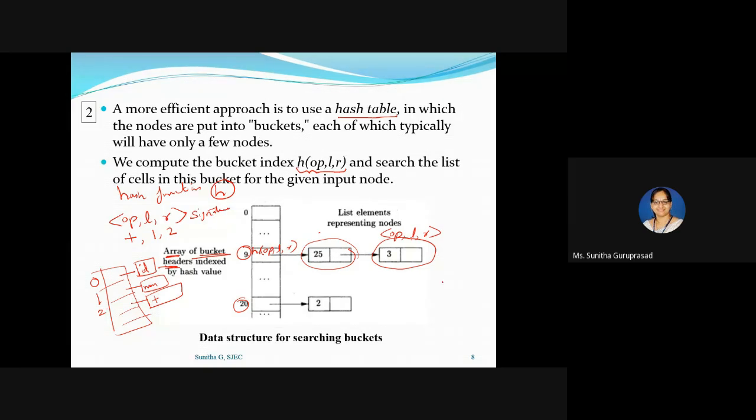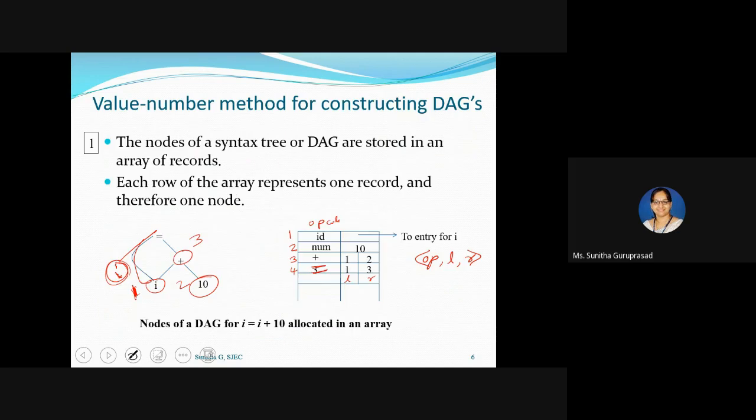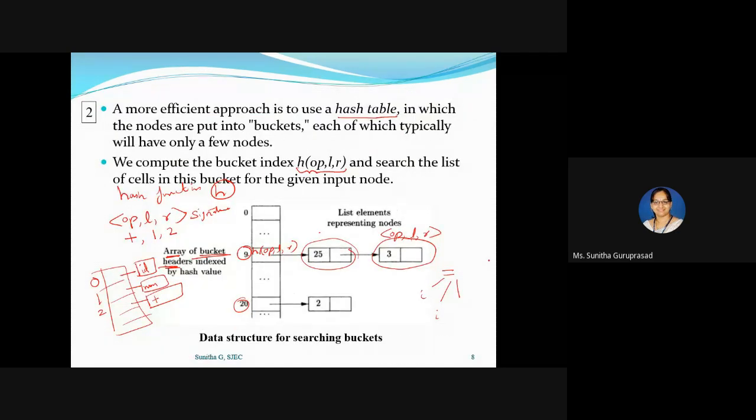if you have an i, we had a tree like this, right? i and i, then we had, I think, a plus here, plus is actually connected to this, then we had here 10. Now I have created an ID for this, right? I've created a number for this, I've created a plus for this. Then suppose I have an i here.